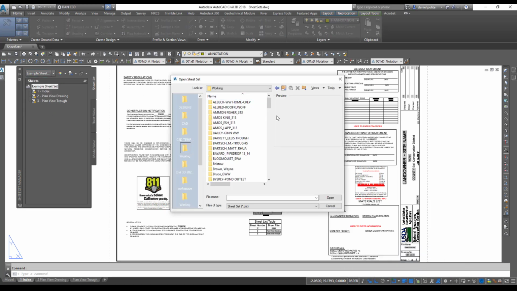So in this case, I'm going to go to a project that I know has a DST file with it. And there's 2 of them located here. This one was created 2/26/20, and this one was created 2/26/20. One was earlier and one later. So we'll take the most recent one. Go ahead and click open,